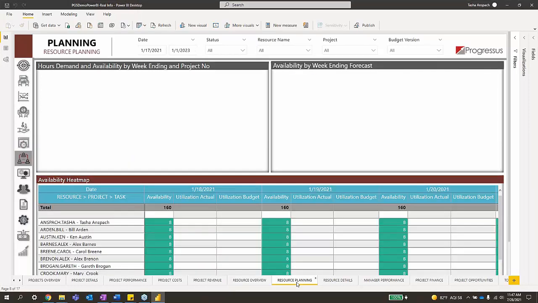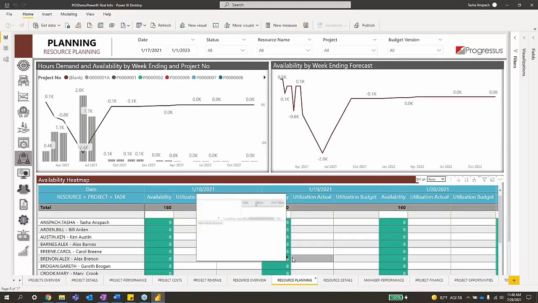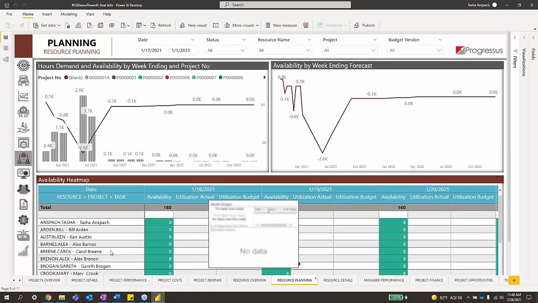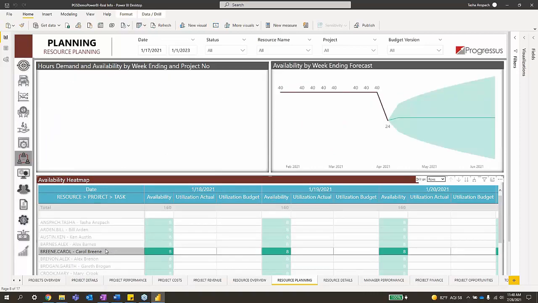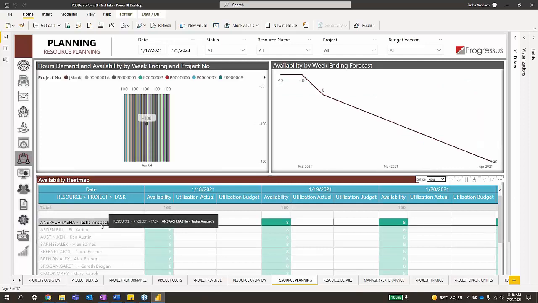Same concept with the resource planning. I have an availability heat map. This allows me to drill down and see where my resources are at. Are they utilized? Are they hitting their utilization targets? All of those different things will feed right into here so you can get a better idea of what